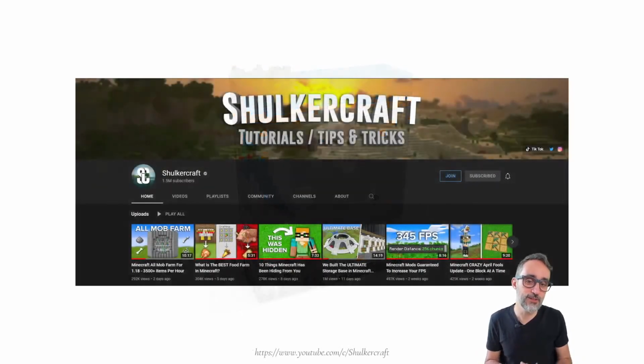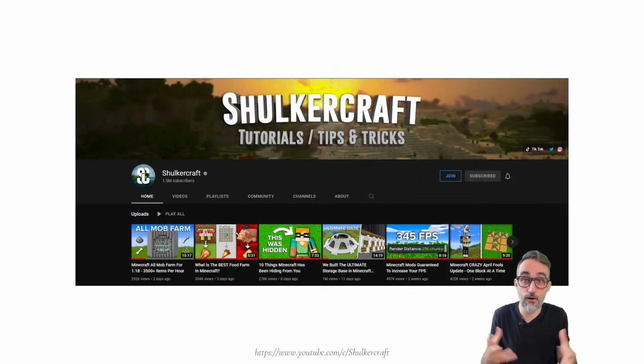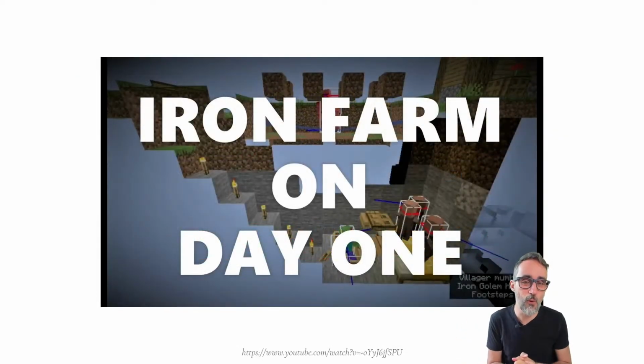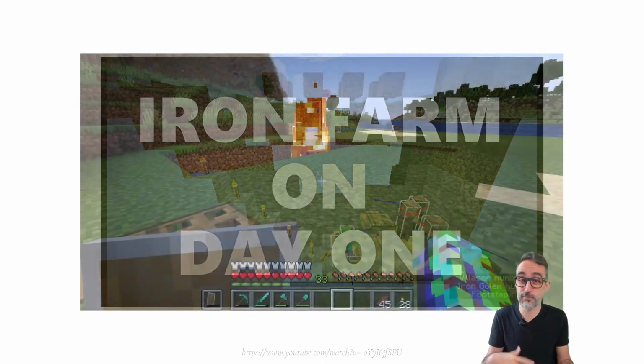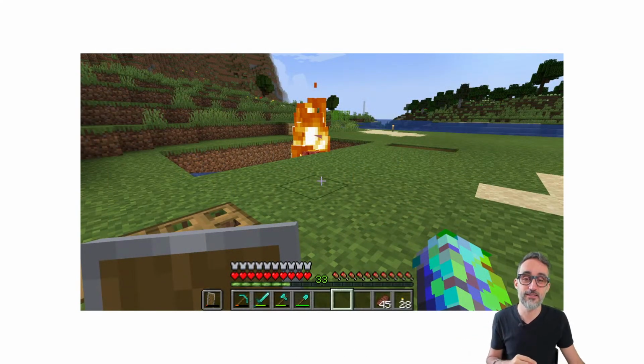But long story short, I recently got into farming. For example, I follow one of my favorite YouTube channels on Minecraft, Shulkercraft. You should definitely subscribe. They're really cool and they do a lot of farming and a lot of survival mode. They showcased this one farm recently: an iron farm with 3 villagers and 1 zombie, and it's a super simple farm introduction. So I made this. This was pretty much my first farm. This is the one that you can see here, and this is an iron golem being burnt out and dropping out some